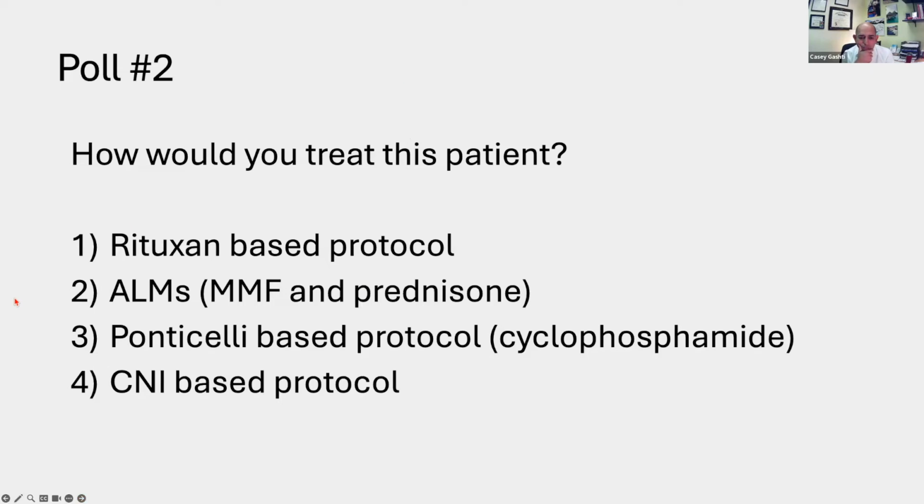Well, I think this PE is bothering me a little bit, so I want to make sure her proteinuria goes away a little faster. So for that, I think I would maybe do a combination of CNI and then Rituxan, so that we can get short-term versus long-term proteinuria reduction, because that's really what we're talking about here, complications from her nephrotic syndrome, and the quickest way of lowering proteinuria of the four would be CNI.